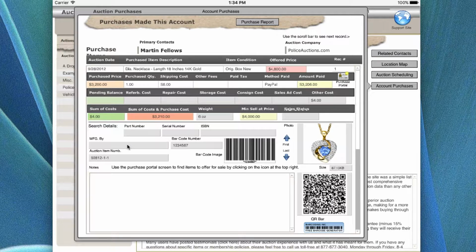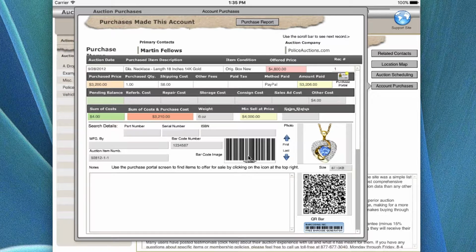Manufacturer is very important because this is stuff you're selling, and you want to have all the information. If somebody asks you what the ISBN was for a book or whatever, you have it. It's not a case of not having it. Barcode number, if there is an actual barcode number, you can use that. And if you do a scan with a scanner, and this is the barcode you're using, you can see that